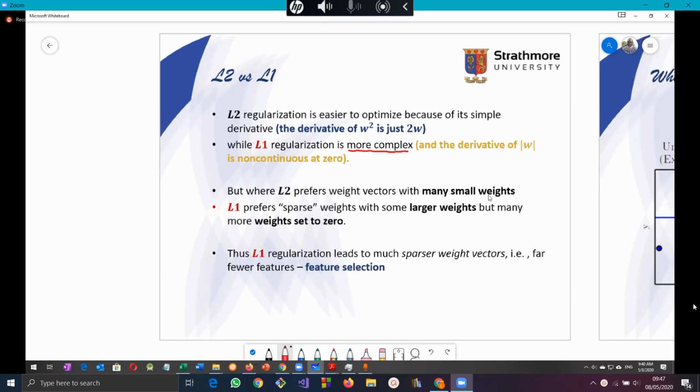L2 prefers many small weights, but L1 prefers larger weights with a lot of weights set to 0. This is what L1 is going to do. It's going to set some weights to 0. And because weights are associated with,